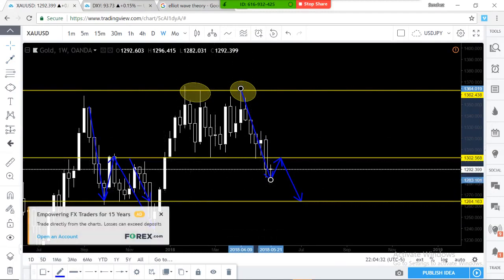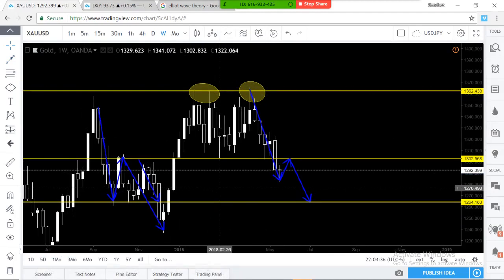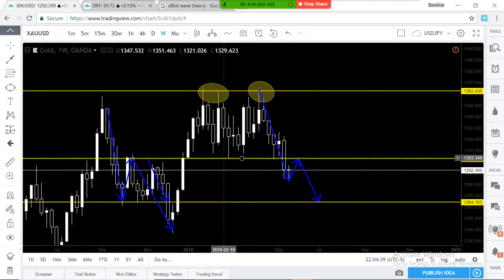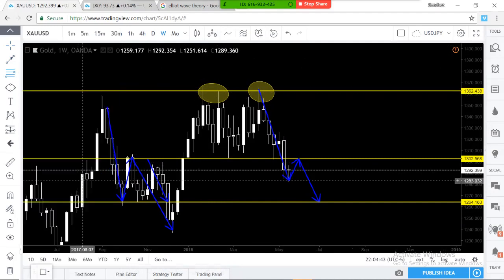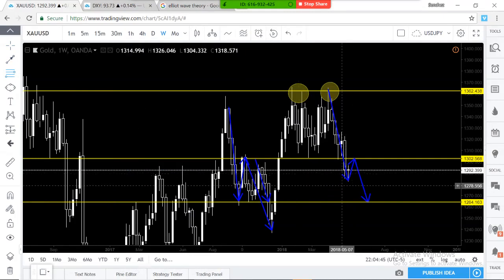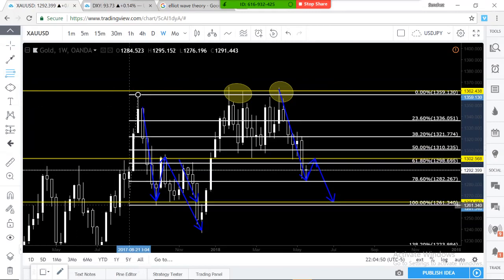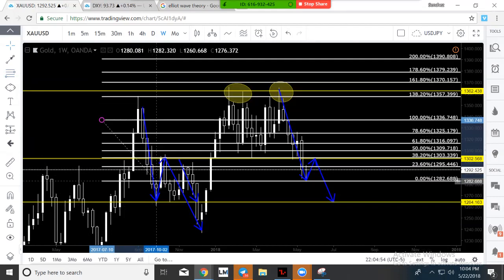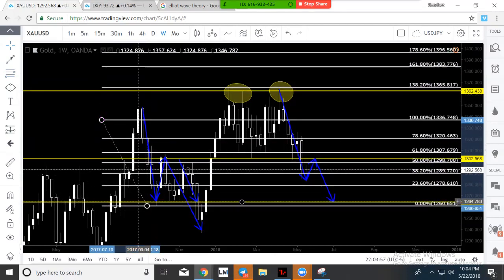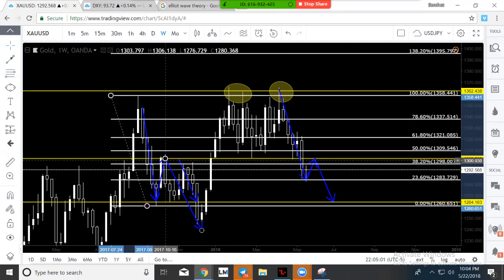About to blow your mind, about to blow your freaking mind. All right, you ready? These zones oftentimes match up with who? Fibonacci. Watch this. So if I measure, what do I want to do? Measure bottom, top, bottom. Put that right there. Look at that. Right around the 38 too.